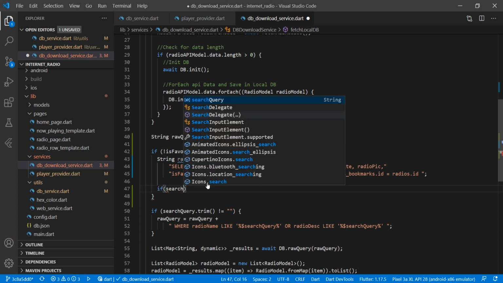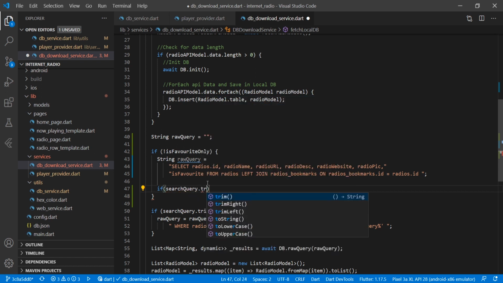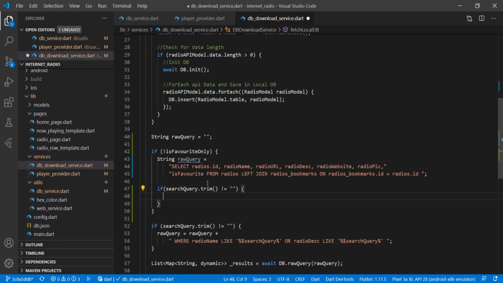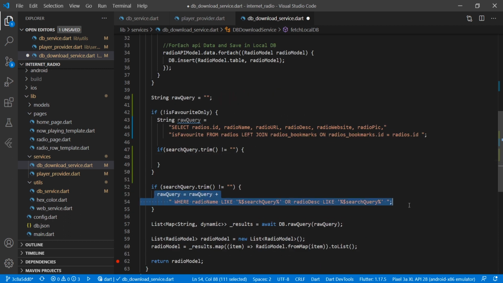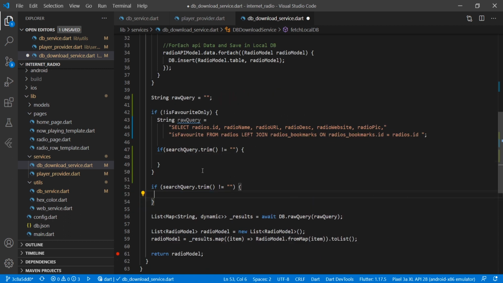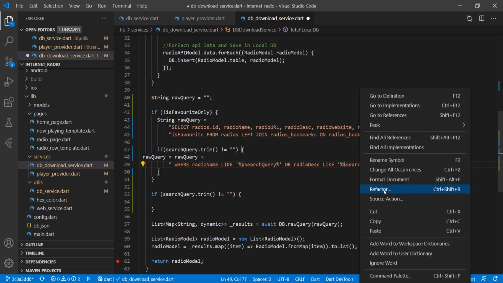If search query trim is not equal to empty, then we will pass that where condition, the same where condition, in this way.